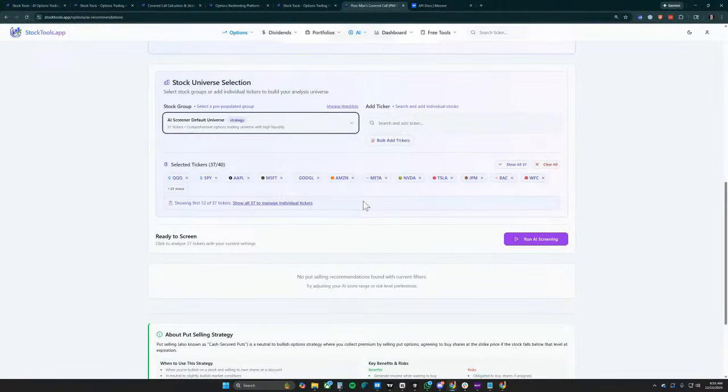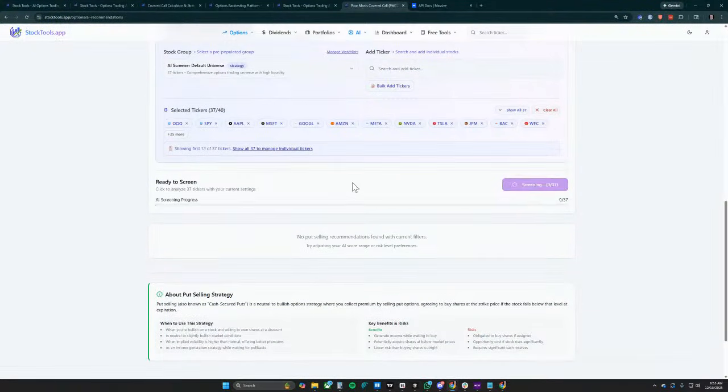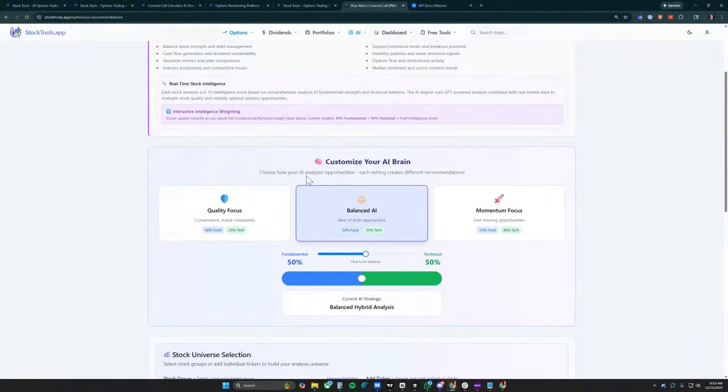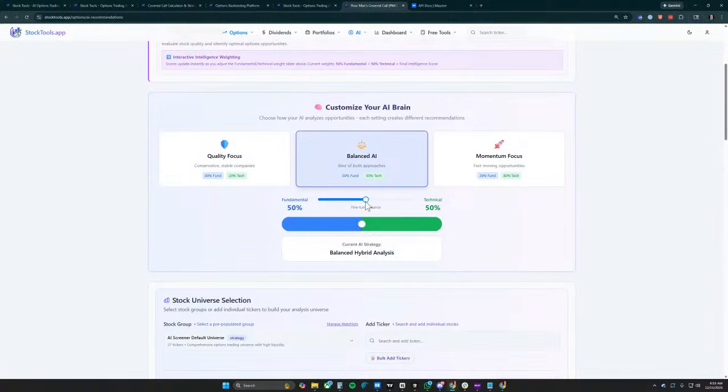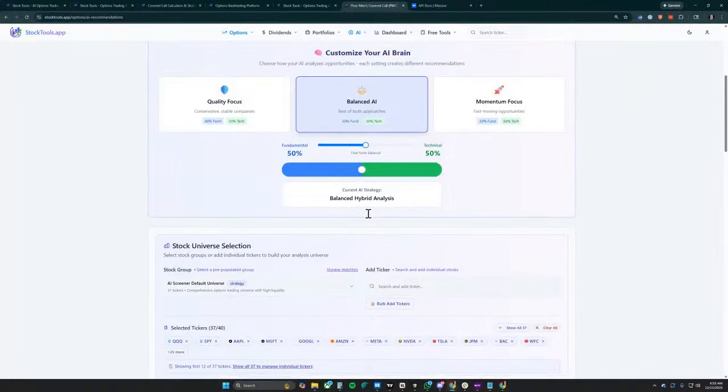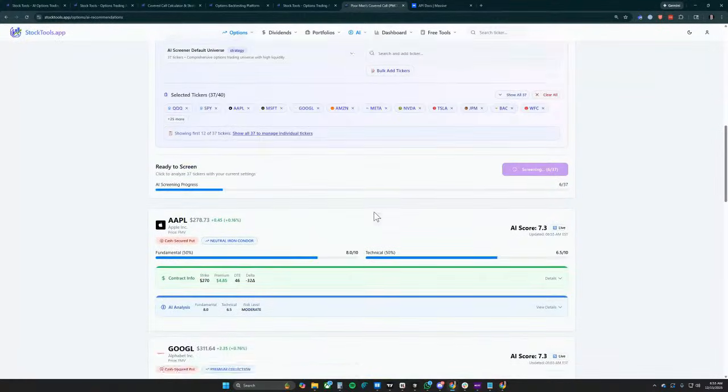This is an AI stock screener, right? The idea is I'm sending over all the fundamental analysis, like all of their earnings and all the quarterly filings and all that stuff, into ChatGPT. And then I'm also sending over the technical analysis, like their EMAs, their RSI, stuff like that. And then I let you select what's your balance, what do you care about, and then we come up with a score for all of these tickers, right?